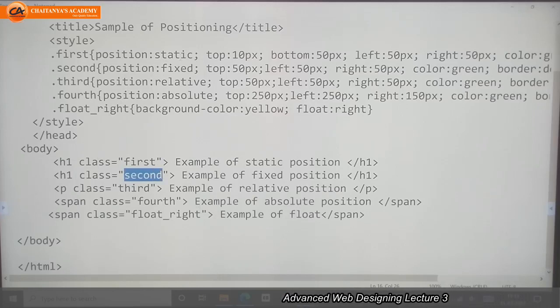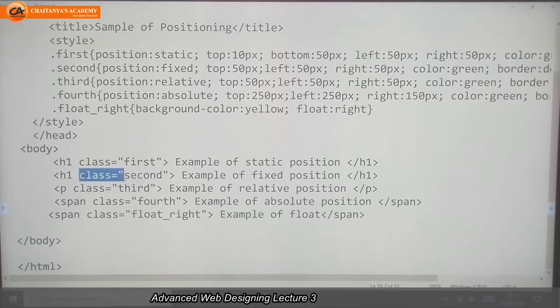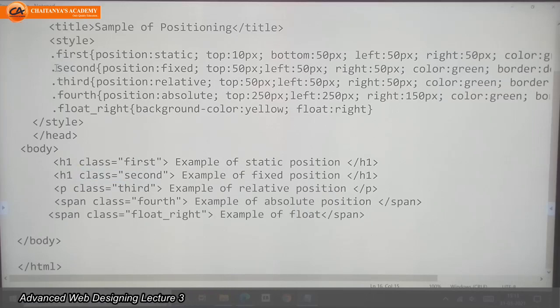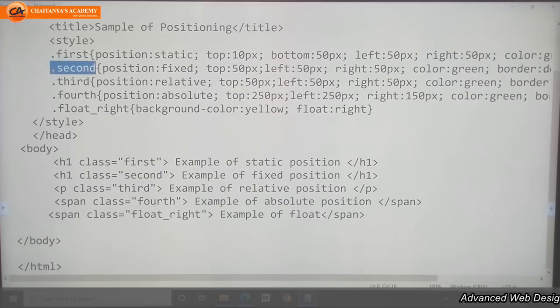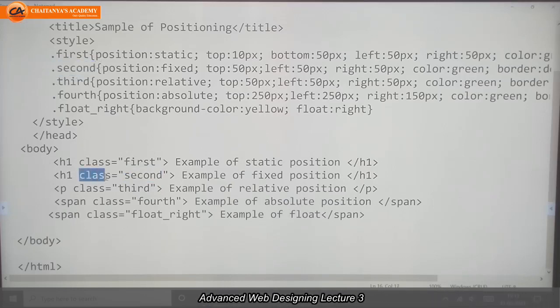So why did I write class here? Because the second selector I have written as dot second or period second. It means this is the name of the class. This is my class selector. Third one is third. Fourth one is fourth with absolute positioning.